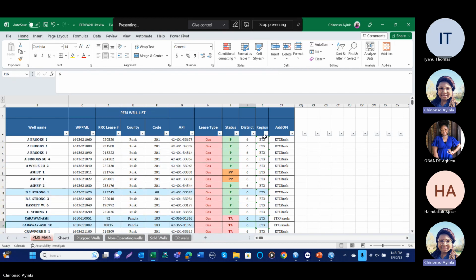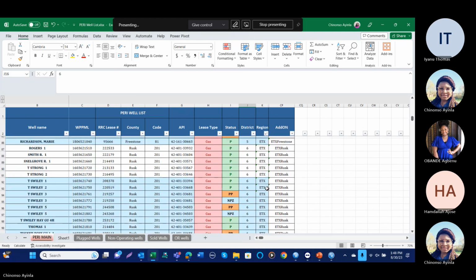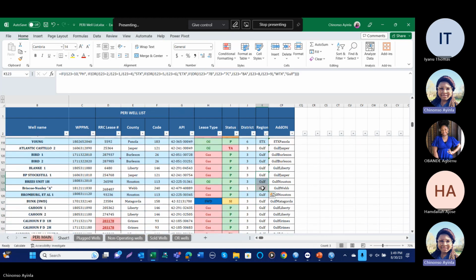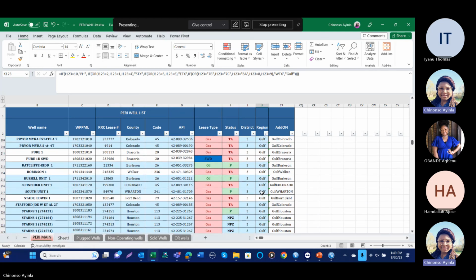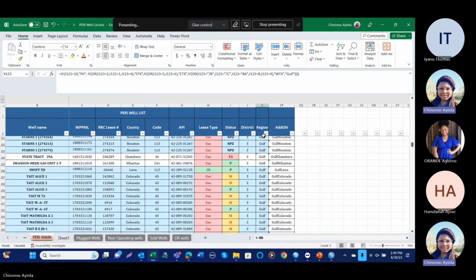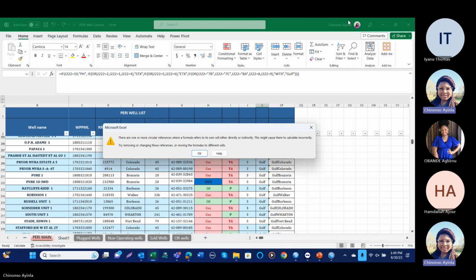These are all the regions we have here: the Gulf region, the South Texas, the East Texas region. So I was trying to extract for the East Texas. What I did was I did an SLOOKUP of